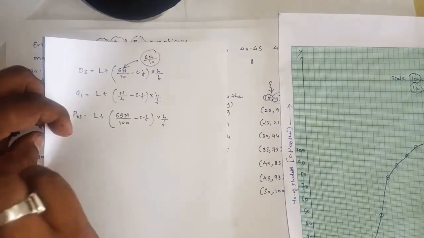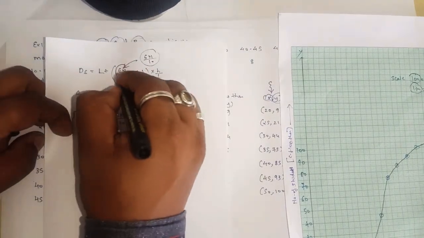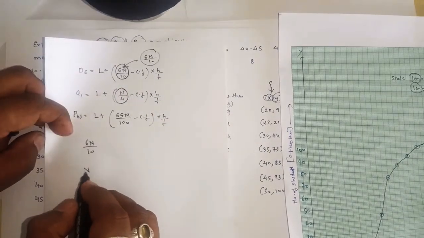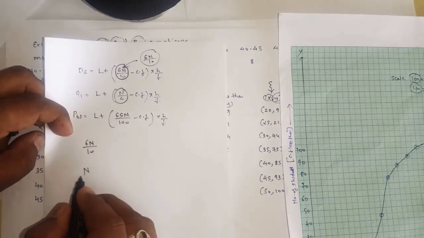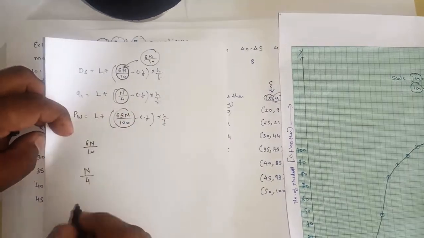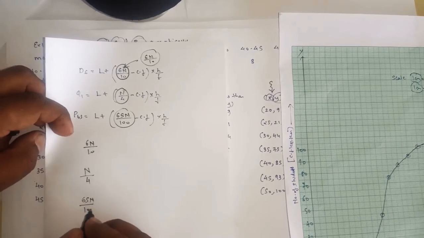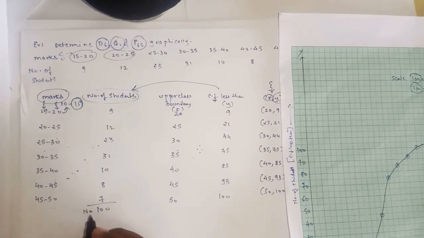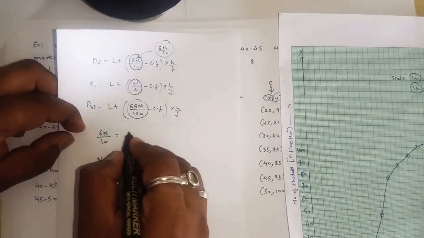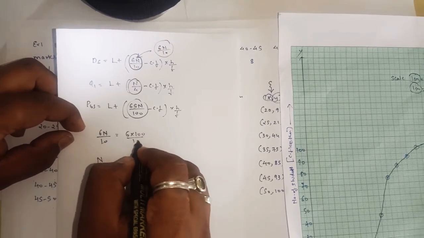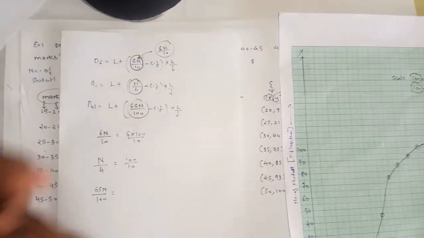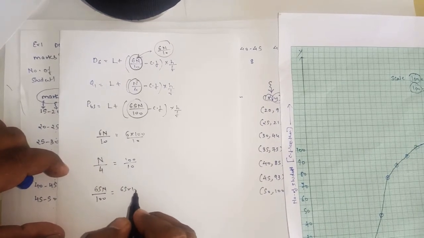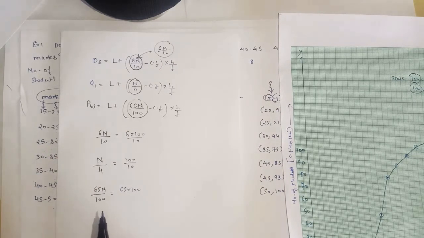The second method is quite simple. What exactly do you have to do? Take this part separately, 6n upon 10, just this part. No need to consider the whole formula. Just check this part. Then after that, as we know, what is n? N is the total frequency, that is 100. Simply substitute the value in place of n. Yes or no?